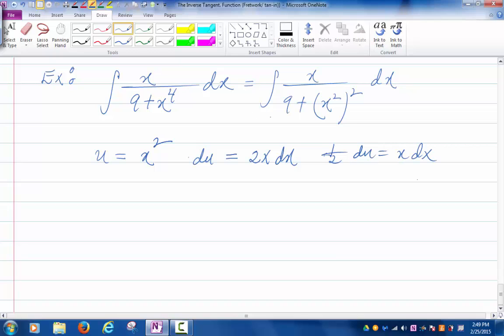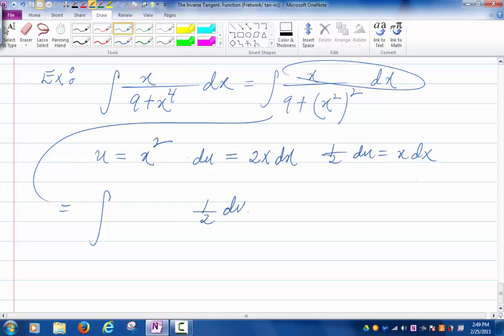So then x dx will become half du, and my integrand becomes 1 over 9 plus u squared, right? You agree? So then I get half